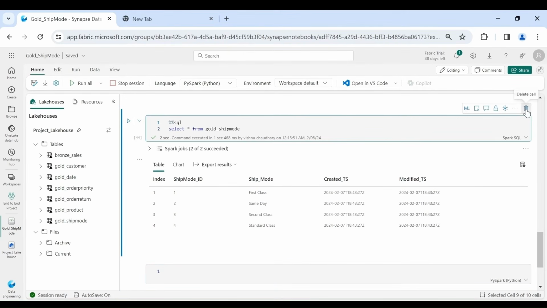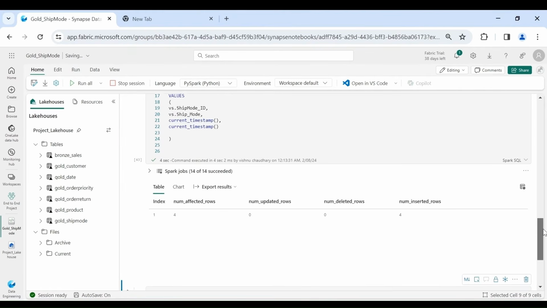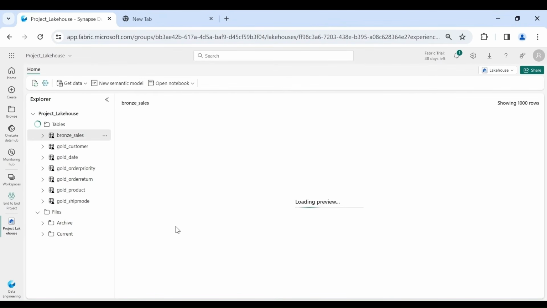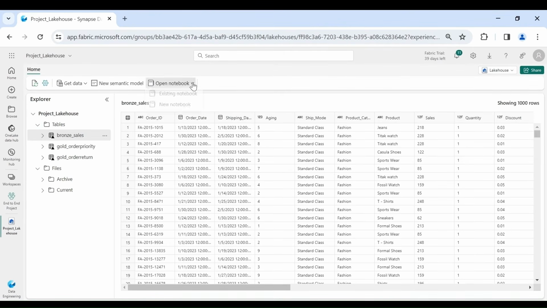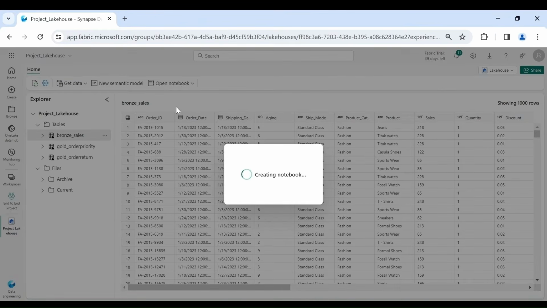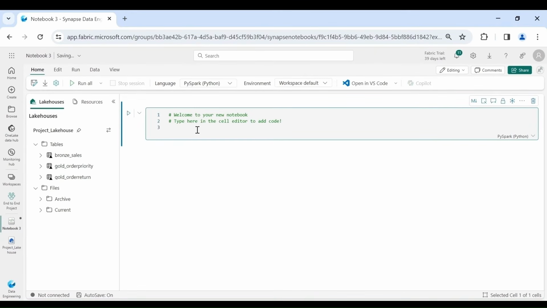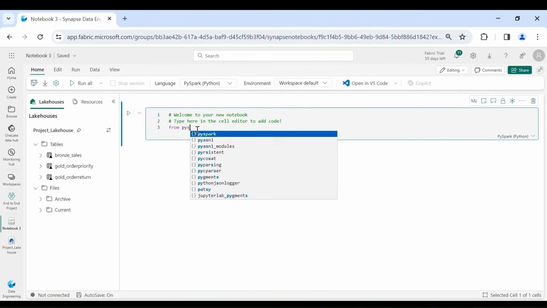Now delete this and close our notebook and go to your Lakehouse. Click on open notebook, then new notebook. First we will import our libraries. For that, write